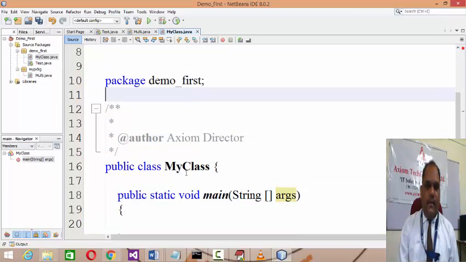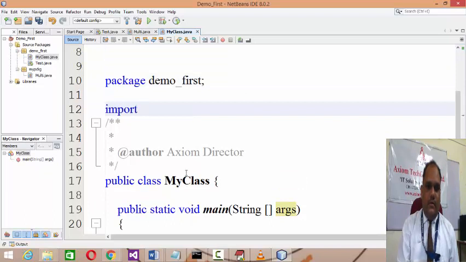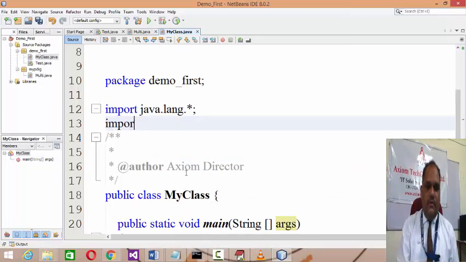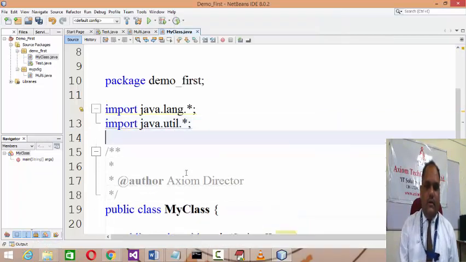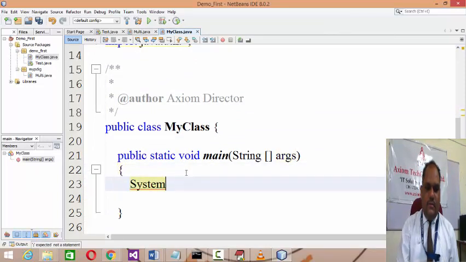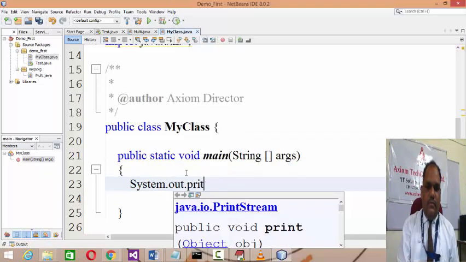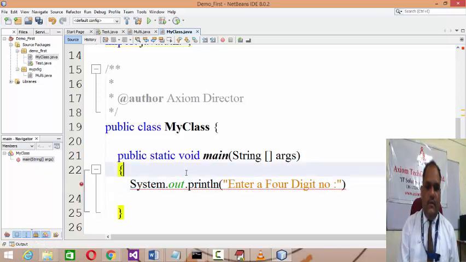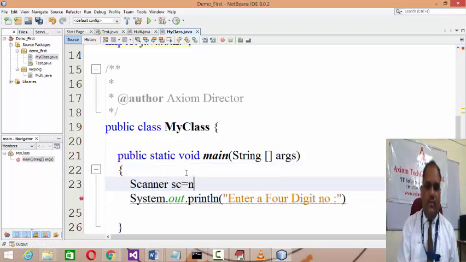You will be importing java.lang.* and importing java.util.*, and here ask the user, System.out.println, enter a 4-digit number, and here I will initialize the object of the Scanner class.